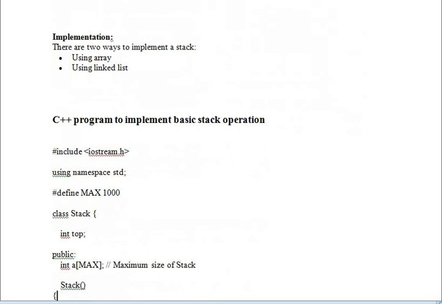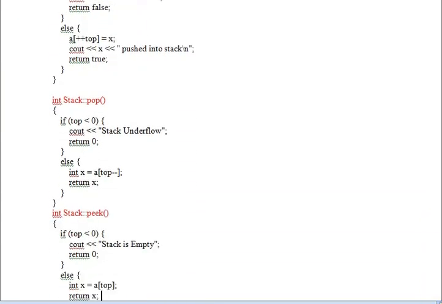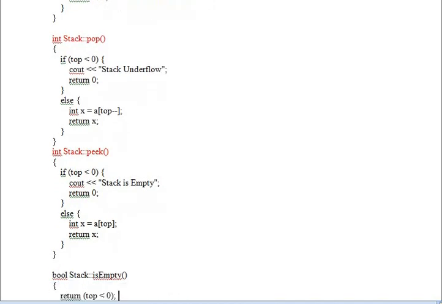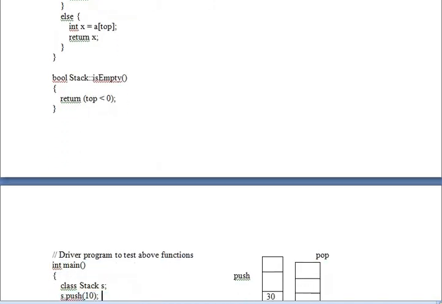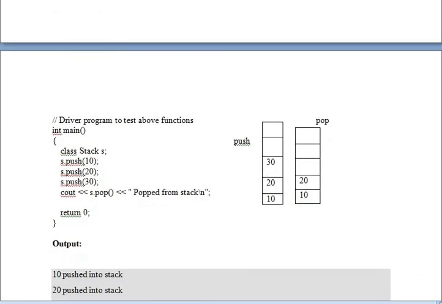Now I have already said how to run the program. Now we are going to create an object. That is why the main function comes here. See here, main function, curly braces open, class stack.